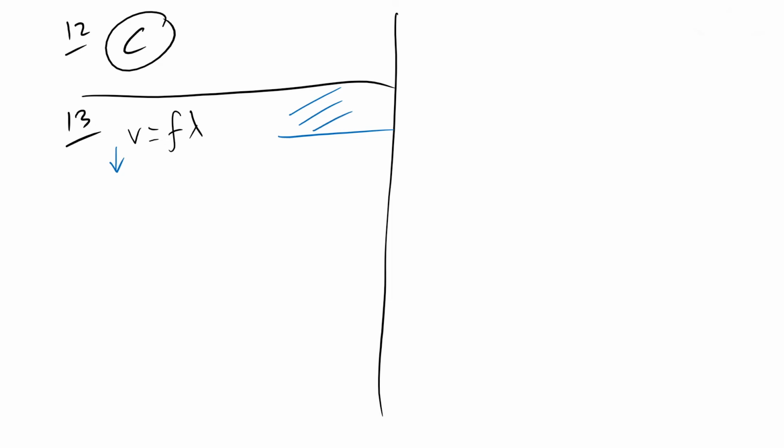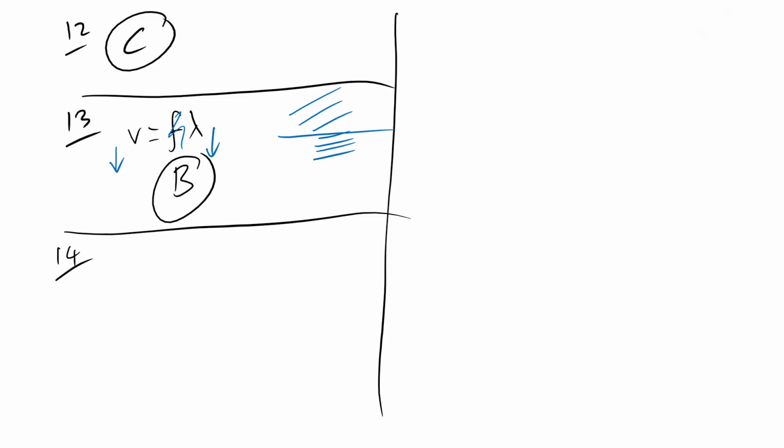So if that's our glass, they start bunching up like that. So wavelength also goes down. Frequency stays the same. Therefore, the answer is B. It's speed and wavelength. So if we increase the intensity of light on the surface of a metal, then we